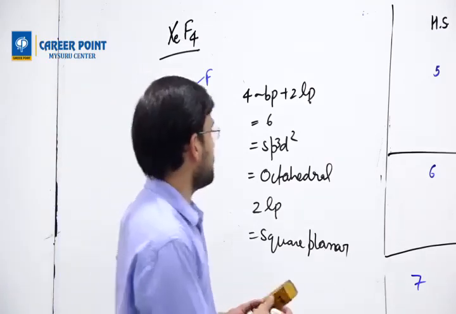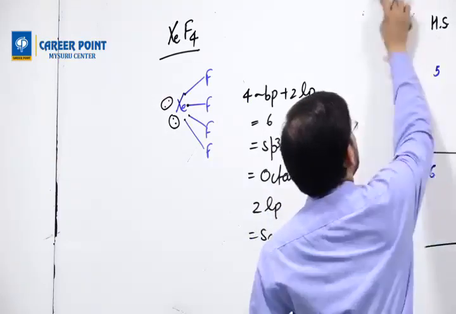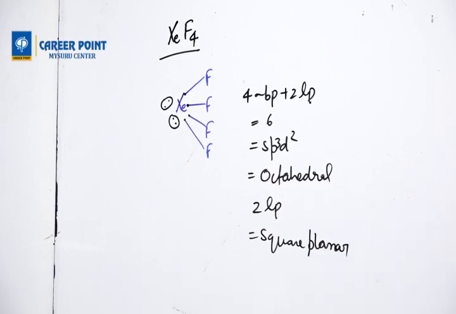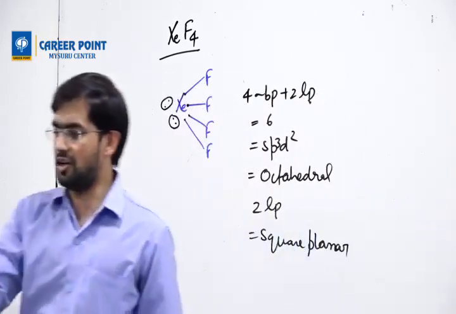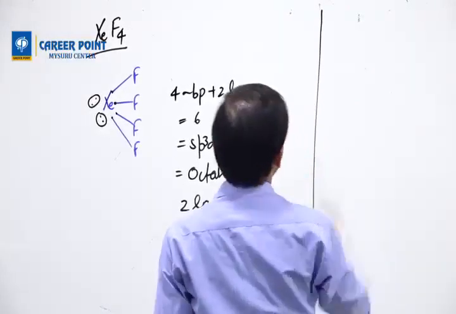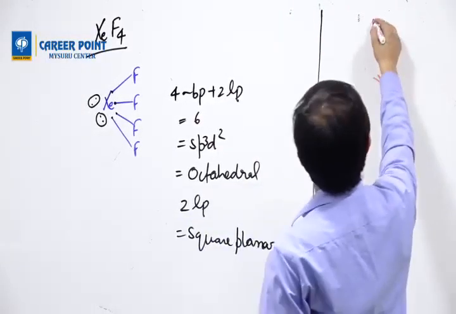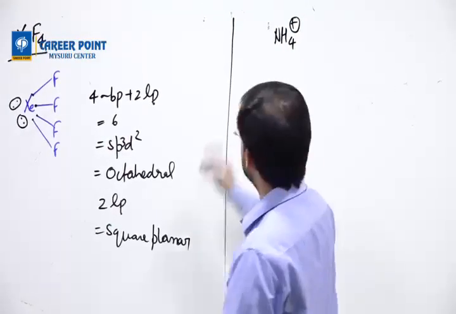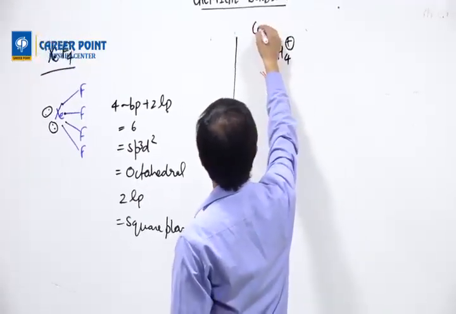Okay, so once we finish this, then we'll do something for coordinate bond, okay? Coordinate bond. So if you want to draw NH4 plus, okay? This is all about covalent bond till now. Now we are talking about